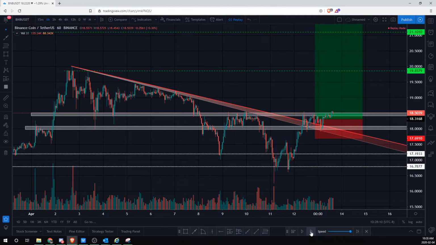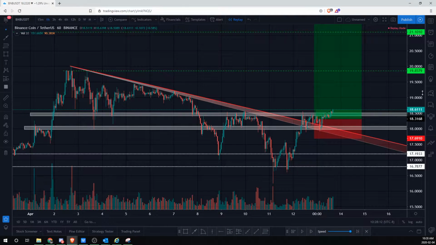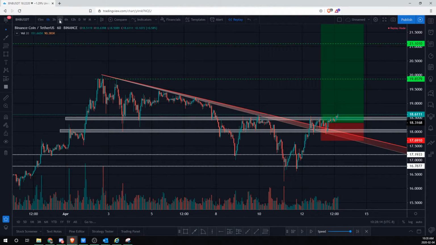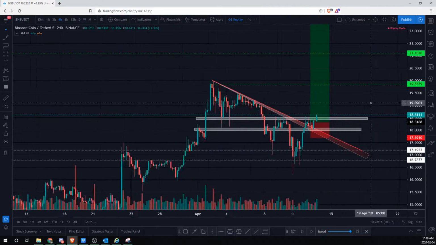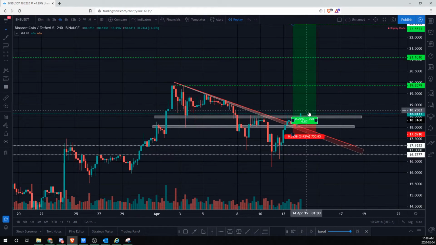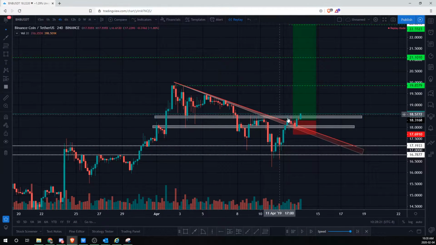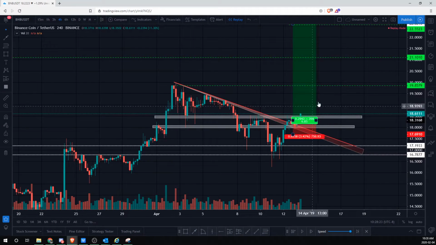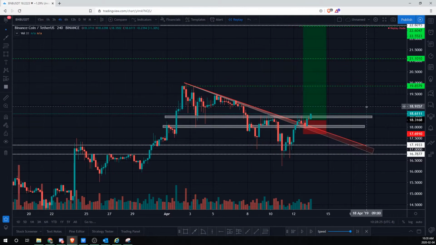We see a little pullback. I don't want to call this a breakout yet. And there we go. It looks like we could be breaking out soon. Let's just quickly look on the 4 hour chart to discuss how this looks out. So on the 4 hour, we do see a clear break above the zone, which is good. We could see a pullback, but overall, we do see that the bullish push has extended above our zone